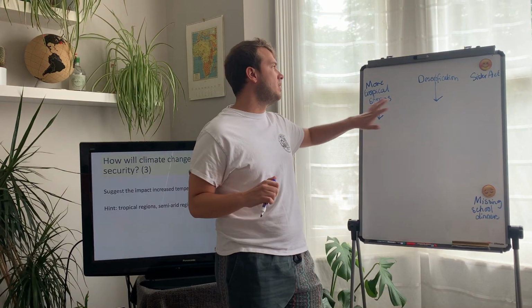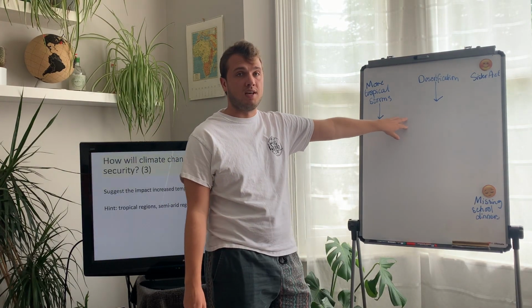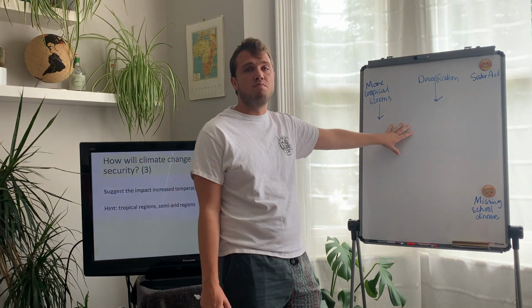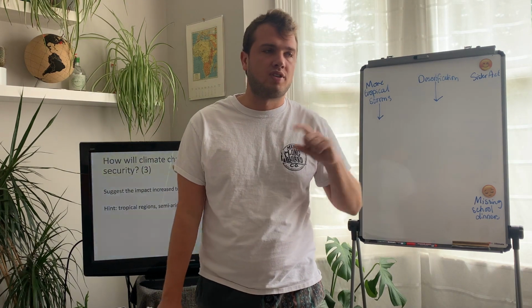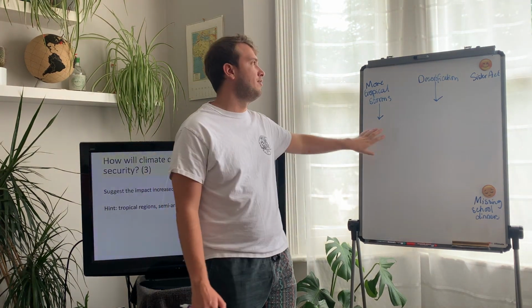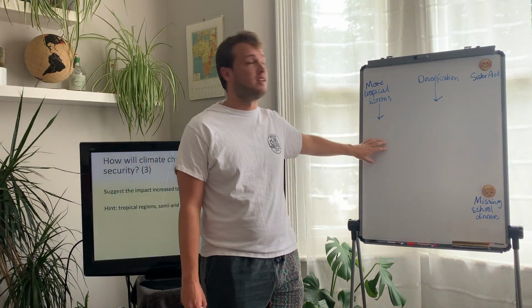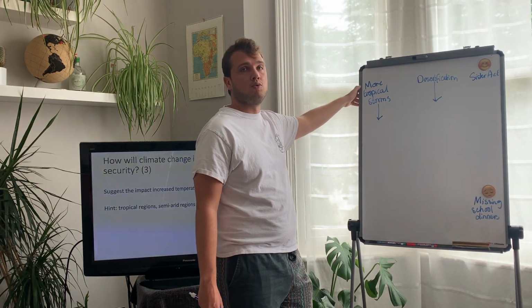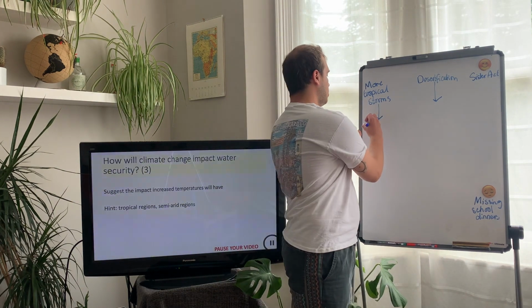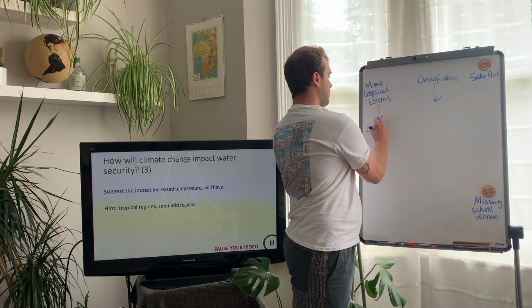Okay, so what I'm going to do is I have given myself 2 points here, and I'm just going to quickly show you how you might explain these points. So I assume you've probably all written them out more as kind of a full answer rather than as a flowchart, but I'm just going to do it on here because my handwriting's terrible. So one of the points you could say is climate change will lead to more tropical storms, okay? And more tropical storms will lead to increased